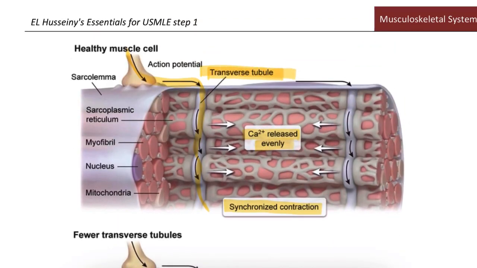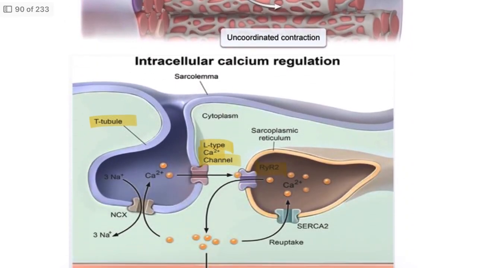It ensures uniform contraction of all parts of a muscle fiber. If T tubules are damaged or missing, there are uncoordinated muscle contractions and weakness. Then, what is the clinical importance of ryanodine receptors? Because of these ryanodine receptors, we can see malignant hyperthermia. We already discussed it. For treatment, we can give